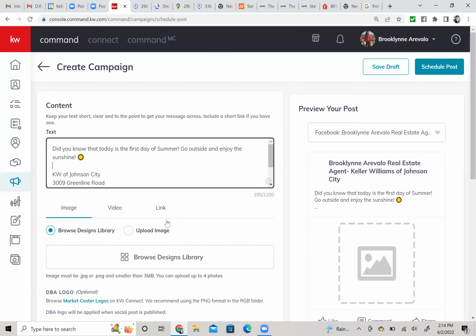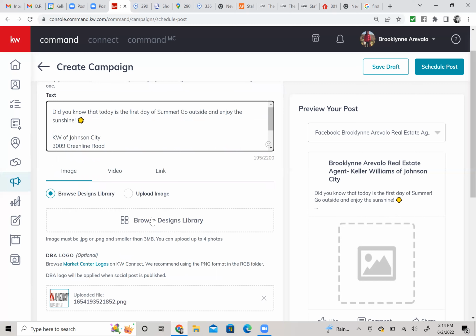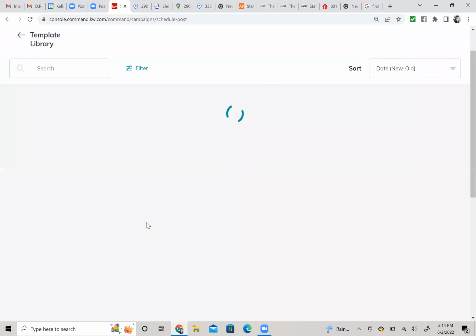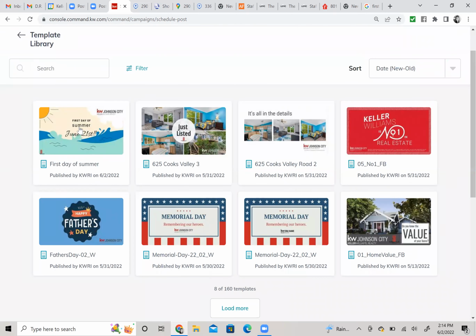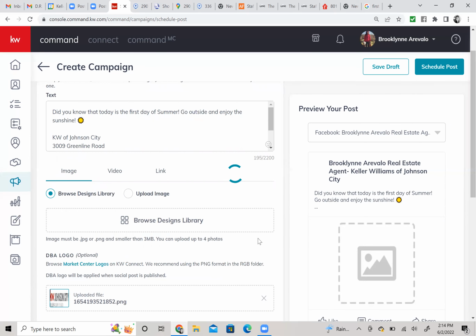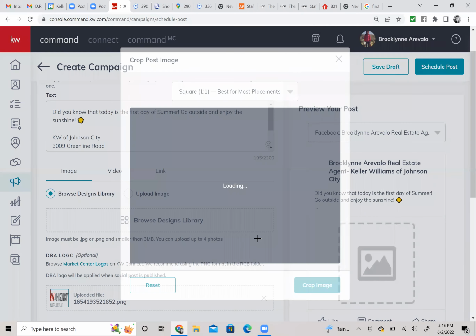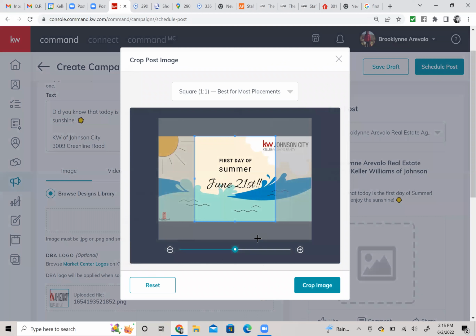Okay, so now I'm going to come over here and you have two options when bringing in a photo. You can browse your design library, or you can upload an image directly from your computer. I created mine in Designs, so I'm just going to go ahead and browse the design library. I'm going to select my image that I created there. I'm going to let my little wheel spin. And then it's going to bring us up this